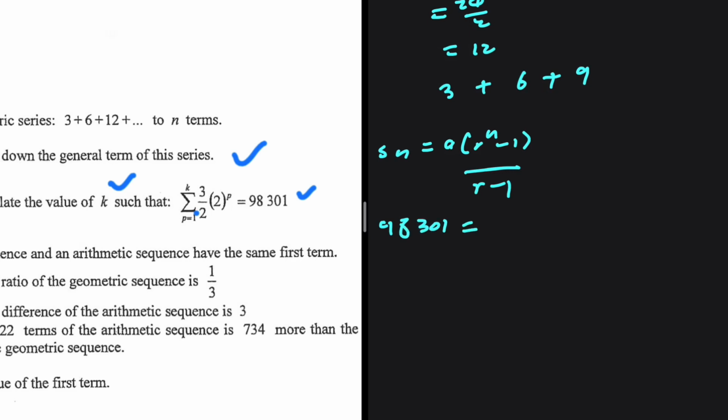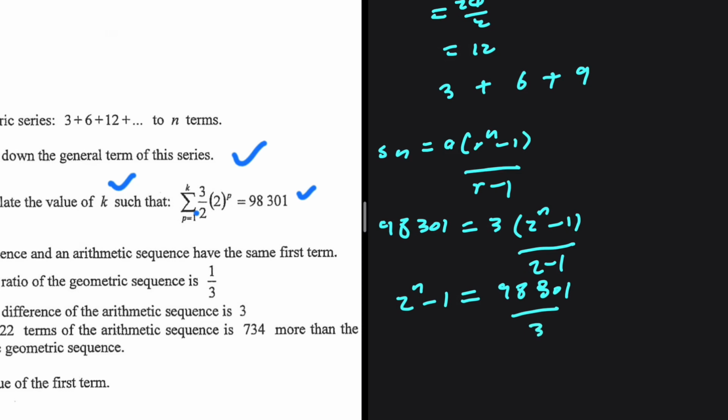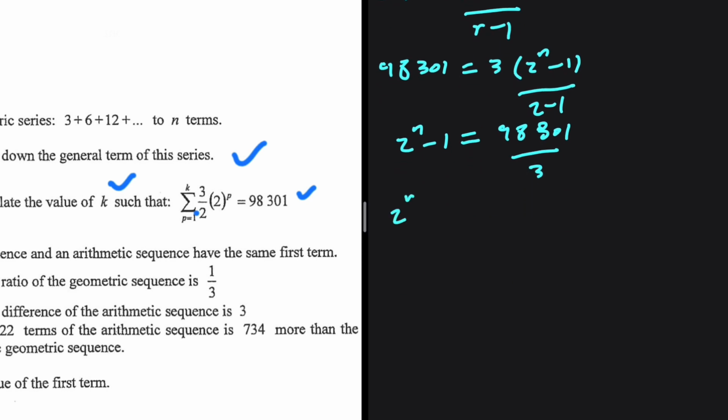Let's find out. A is the first term, which is 3. R is the common ratio, which is 2. So 2 to the power n minus 1, everything divided by r minus 1. So that is 2 minus 1, which is just 1. Okay, so we're going to have 2 to the power n minus 1 being equal to 98,301 divided by 3. Okay, let me put that in my calculator real quick. I'm getting 2 to the power n minus 1 being equal to